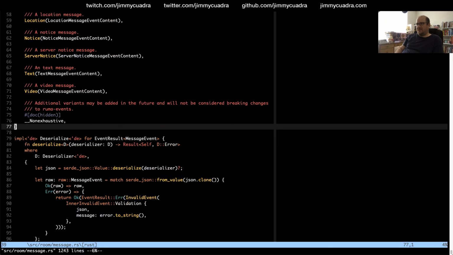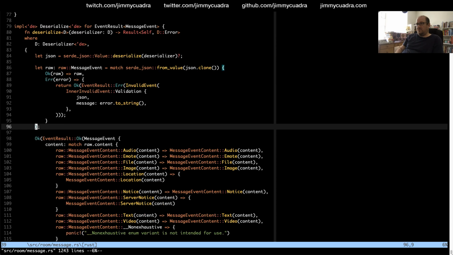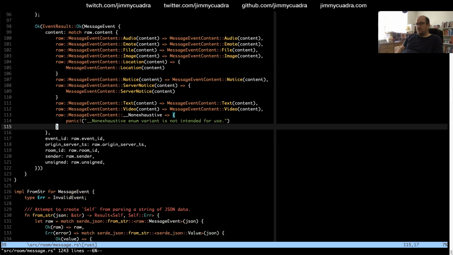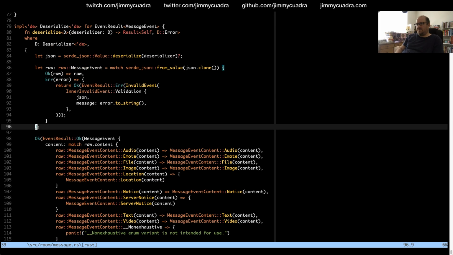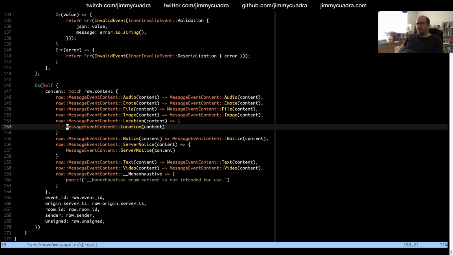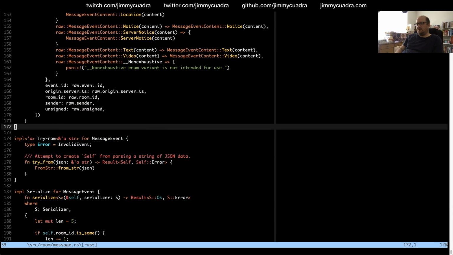This is based on event type. It's not quite the same thing, because we're actually deserializing different things based on the event. Oh, raw content. Where's the content one?